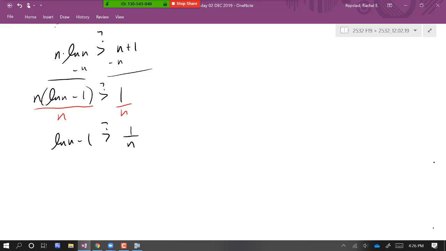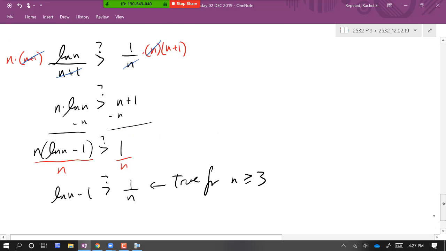You just take what happens to those infinitely many terms and then tack on whatever finite sum those first ones are. It's not going to change whether it blows up or doesn't blow up if you add a finite number onto it. So this is true for n greater than or equal to 3,